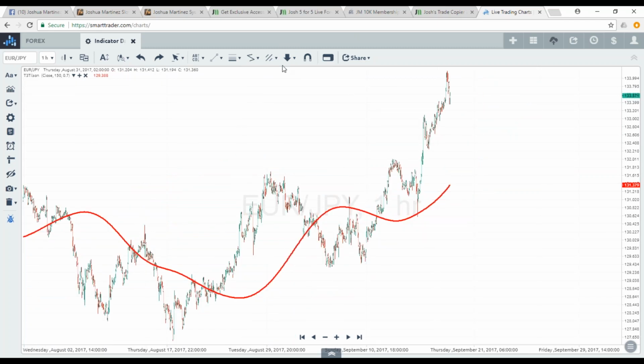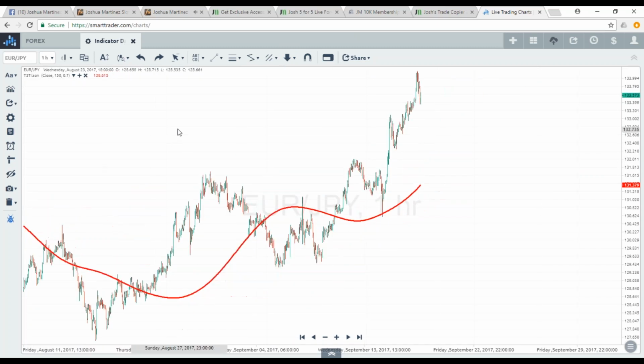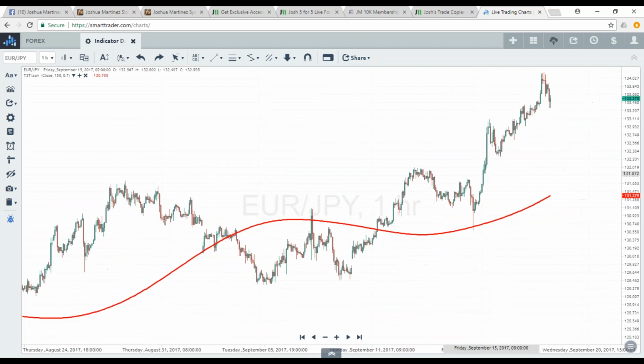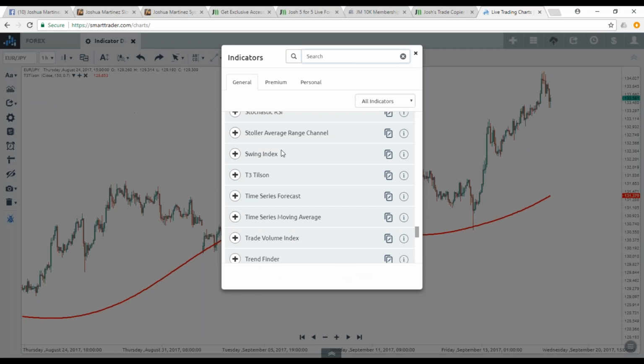Craig says, how is this different from a moving average? Well, it's similar but different. Each is coded differently on how to react to the markets. So a lot of your indicators will be similar. It's just there's a lot of very smart individuals out there. So for example, if you go to your indicators tab, many of these indicators will do very similar things. But what happens is a very, very smart trader or programmer will say, I like this, but I want to